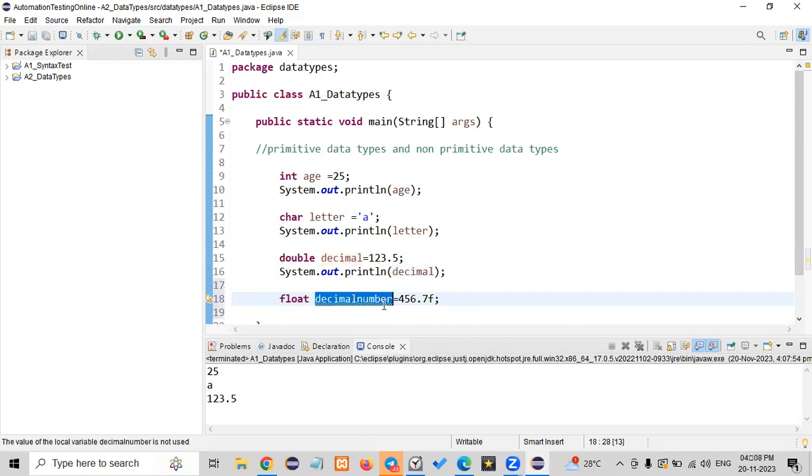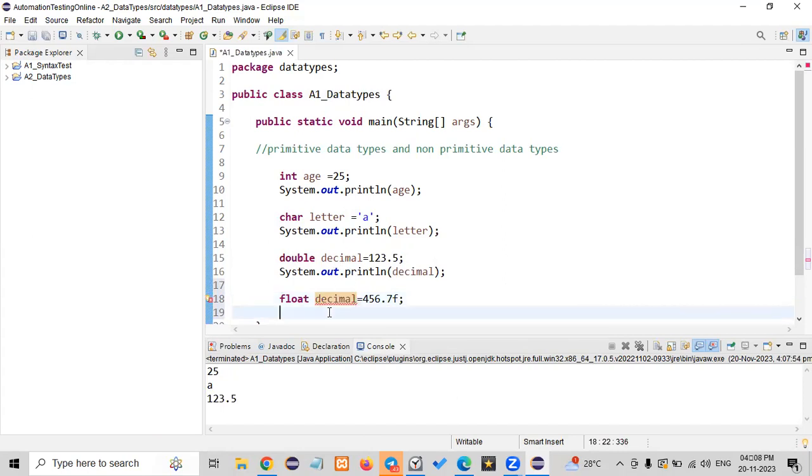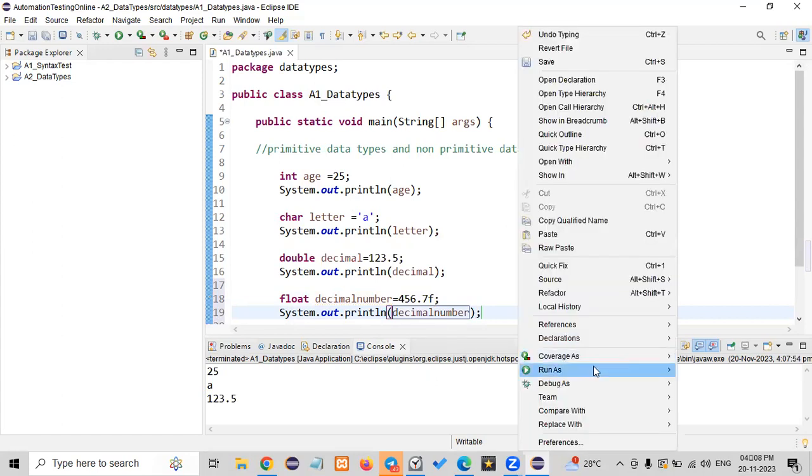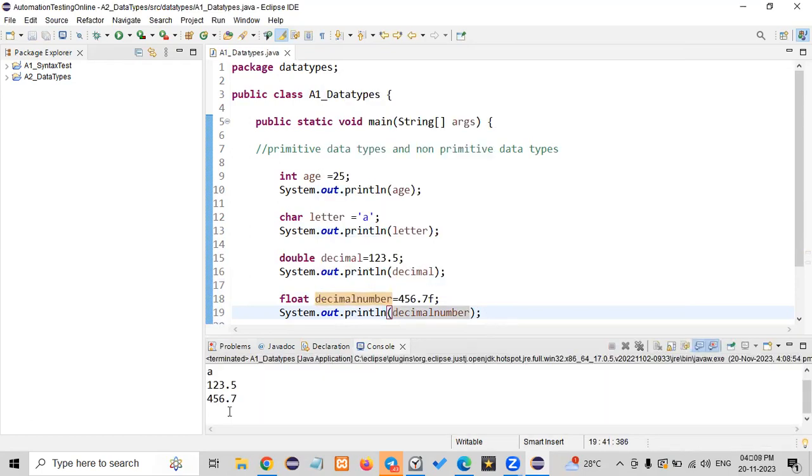If I give the same name to the variable, then it shows an error. I'll show you again. See here, when I'm giving the same variable name, it's showing me an error. So I'm changing the name. Now I'm trying to print this decimal number. We have got the output as